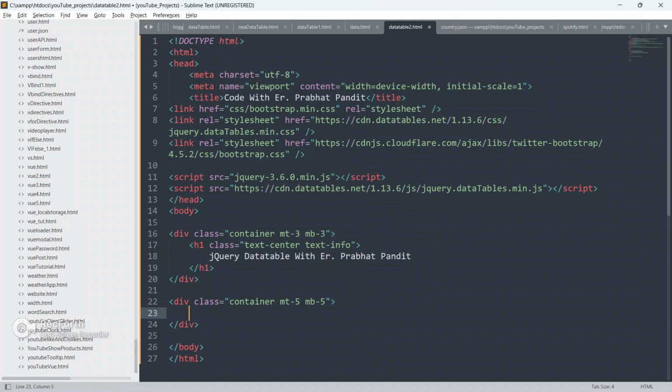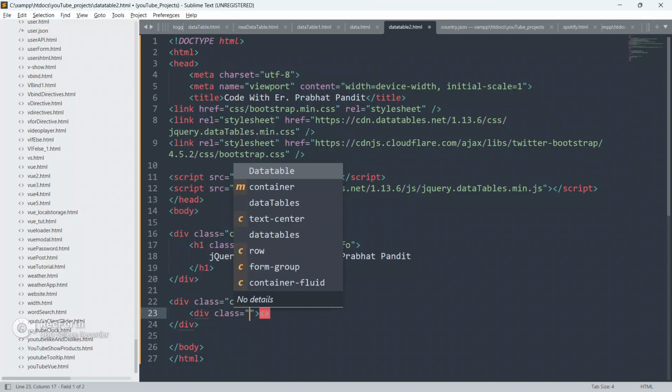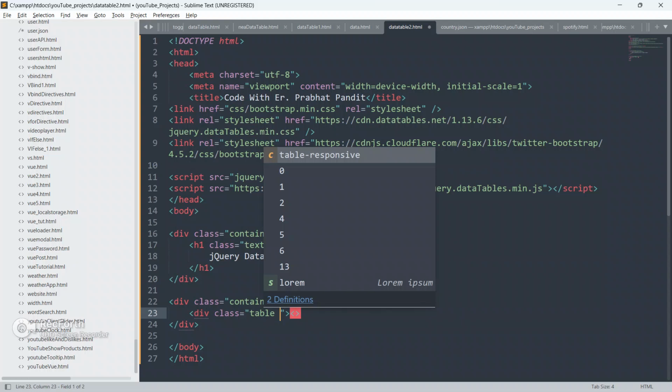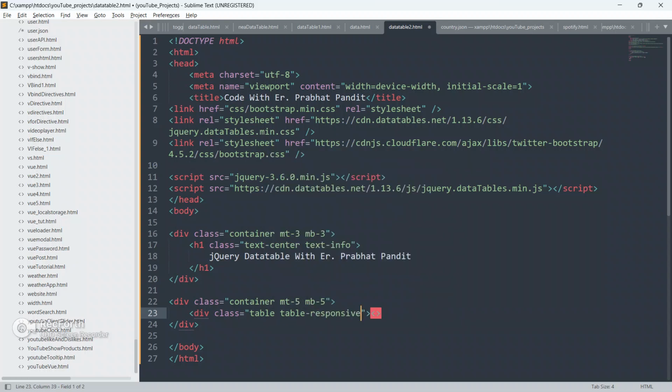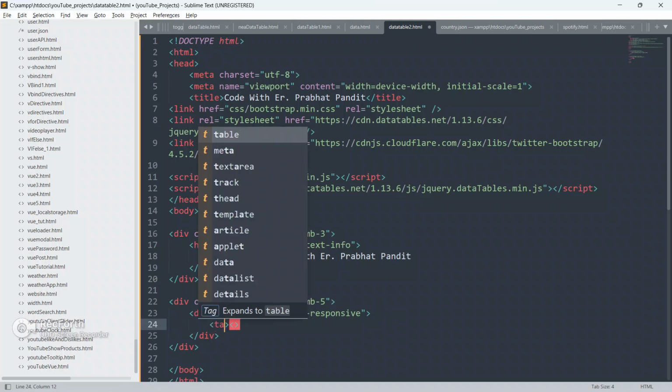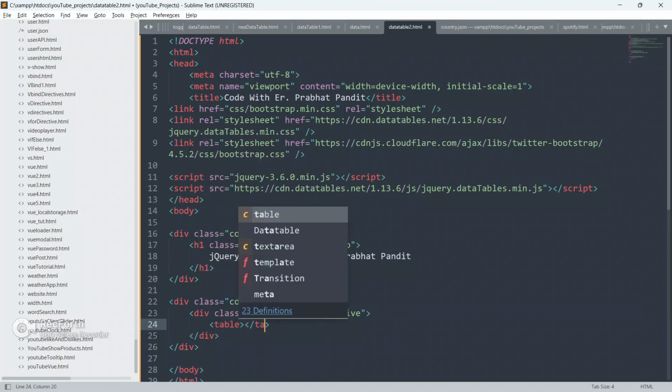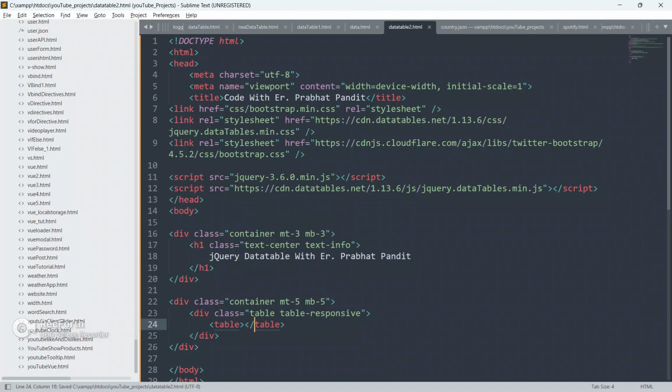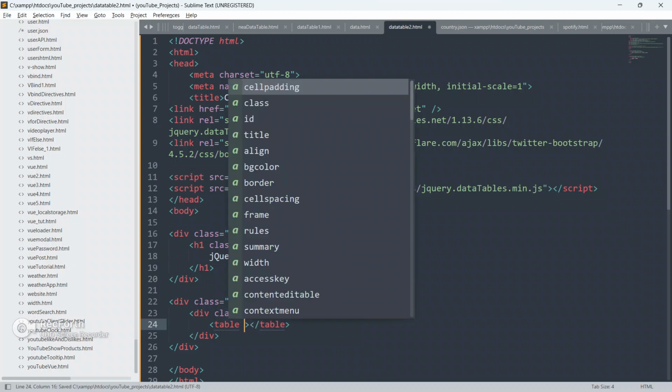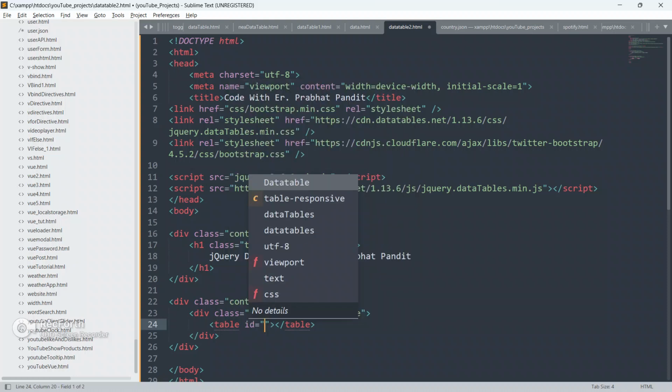Close this div first, and inside this div guys I'm gonna create another div, give class as table-responsive, and close this div. Inside this div I'm gonna create a table element. So table, close this table first.